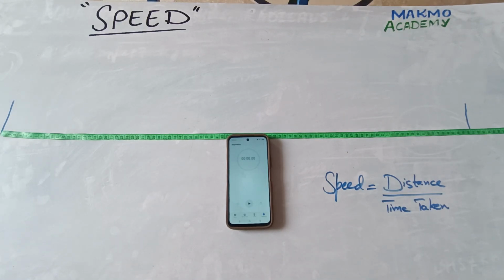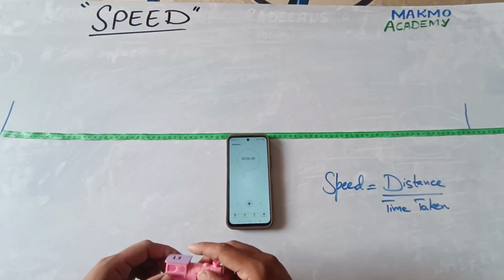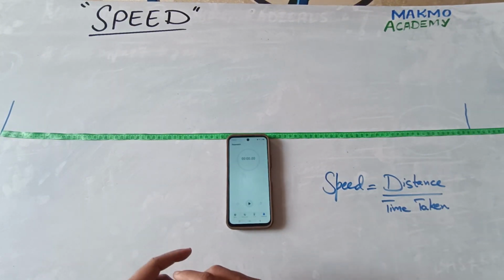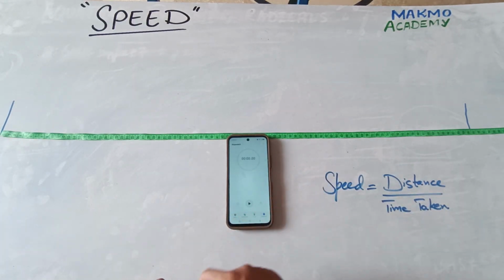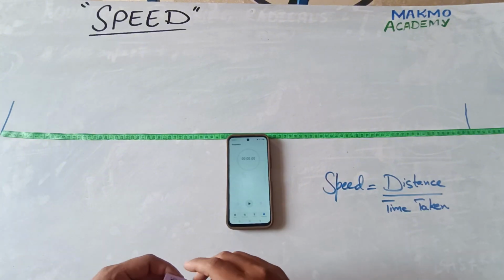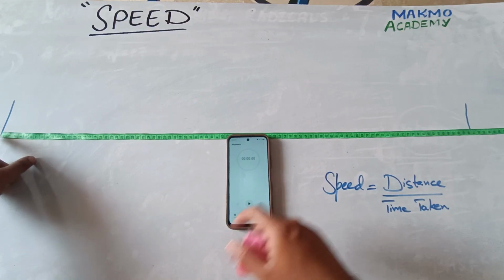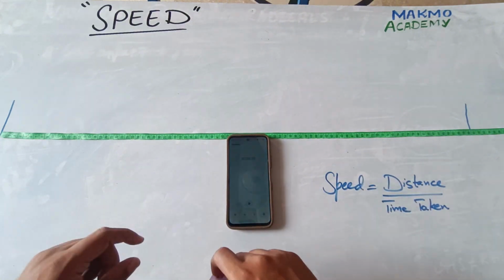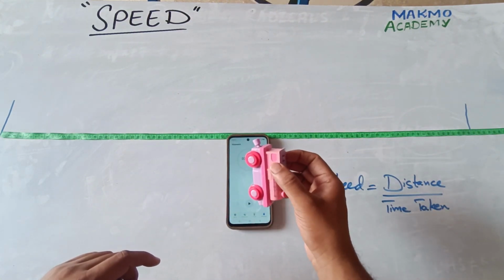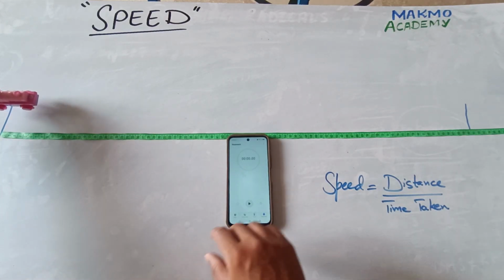So to find out speed, let's have an experiment. First of all, let's run an object for a particular distance, and then we will note the time, that in how much time it is covering how much distance. First of all, I have marked these two lines. It's in centimeter, starting from 1 till 90. So we will see that 90 centimeters a train is covering in how many seconds. So to do this, let's start it.